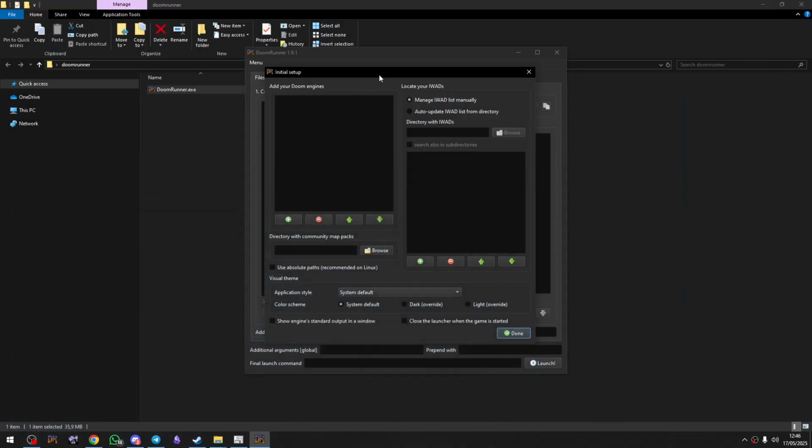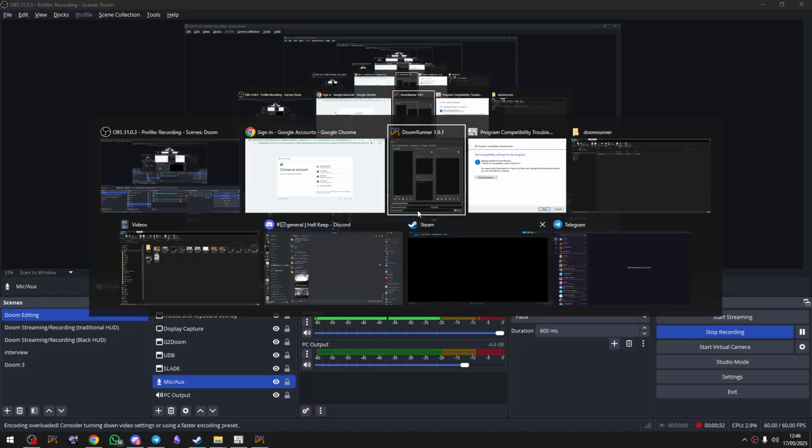I'm gonna teach you how to use Doomrunner. Doomrunner is a Doom launcher that has a lot of features, and that's really useful to keep different presets and setups for playing Doom, you know? I downloaded a new version here, so it doesn't have my configs, and I'm going to guide you through the entire process. So here you have add your Doom engines,